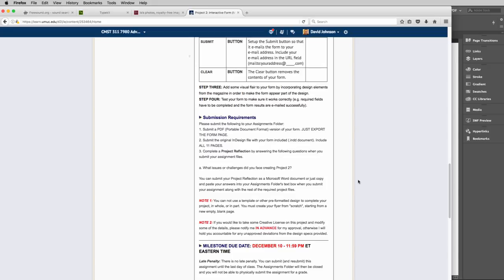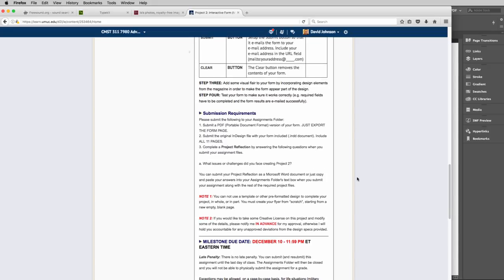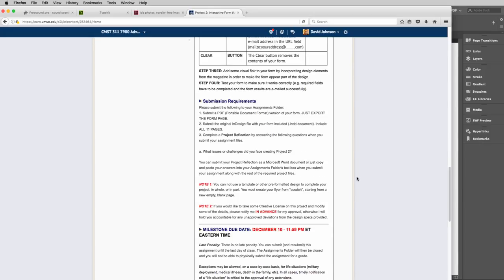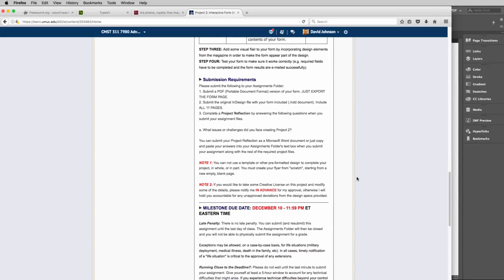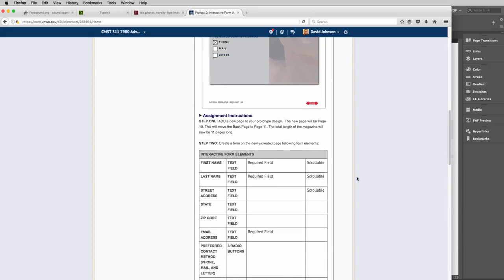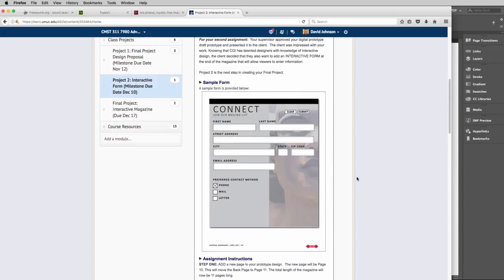So the next step is, of course, you want to make sure it works properly. Once you figure out that it works properly, if you have everything done, then you want to submit it. So I need the PDF, and I need the original InDesign file. So what's going to happen here is the original